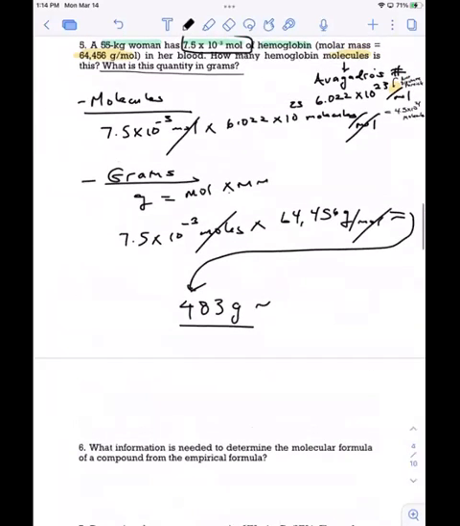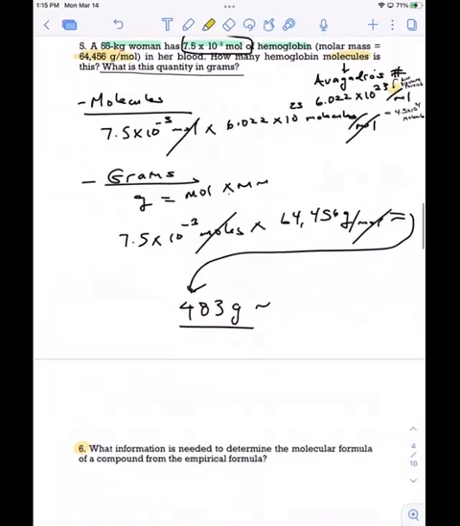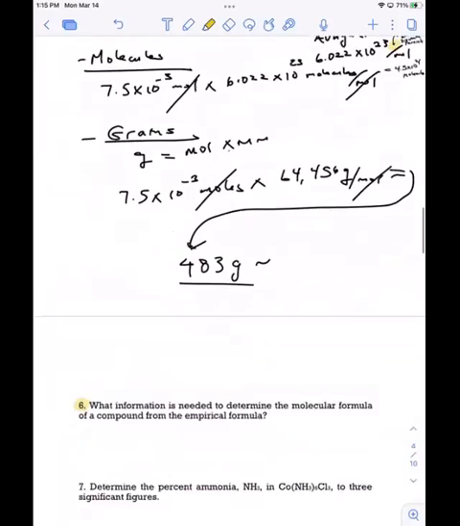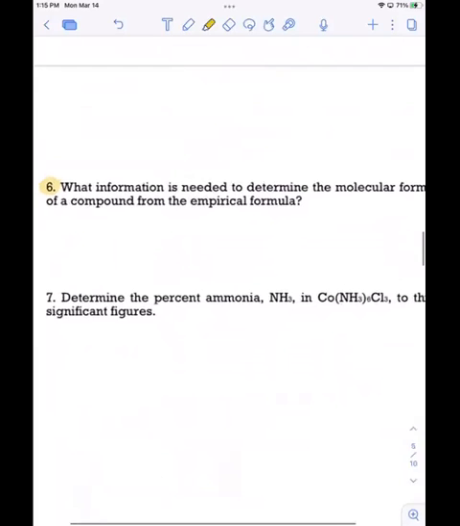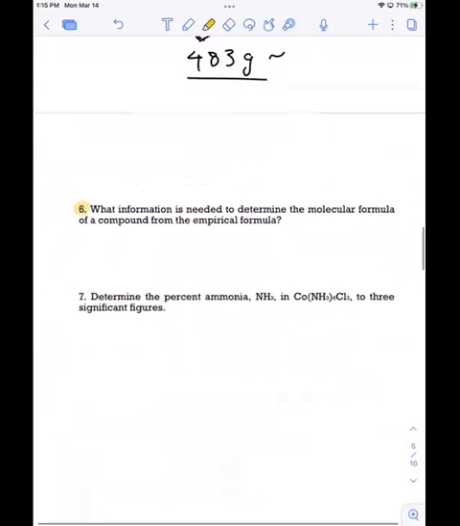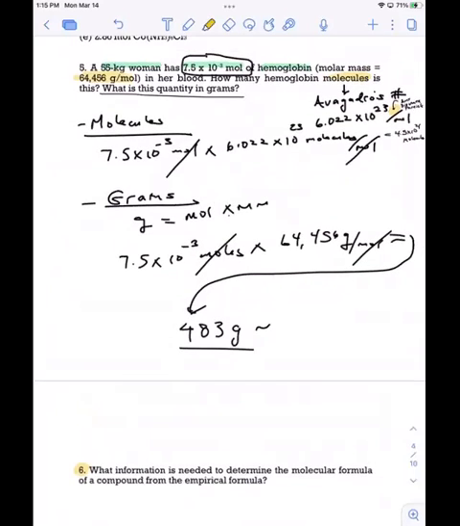All right, any questions about that? All right, let's go to number 6. Number 6 asks, what information is needed? I said 1.6. I'm thinking about kilometers and miles. My bad. So 55 kilograms